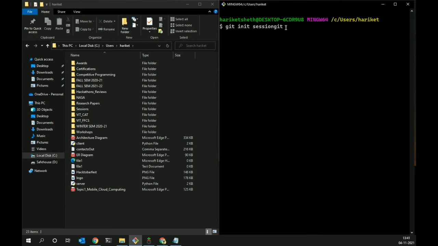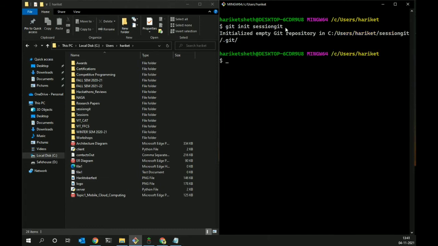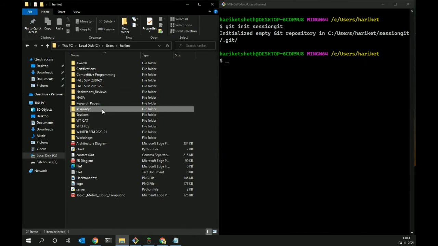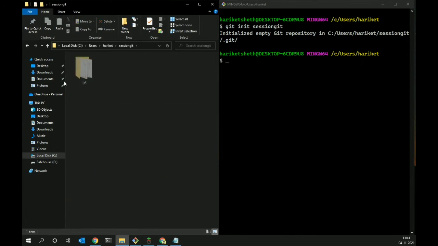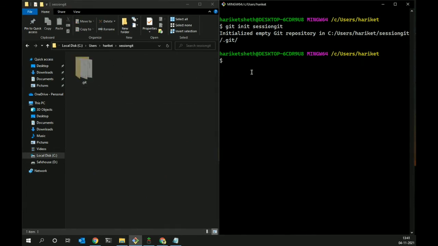This merged command helps you achieve both purposes. It will make the directory, and then it will initialize a git repository inside that also. Now you saw the same output you have received, which is initialized empty git repository, and a new folder is created. Now if I go inside this folder, there's already a .git folder, so I don't need to do that again. It initialized an empty git repository and made a new folder for that as well. So these are two variations of the git init command.